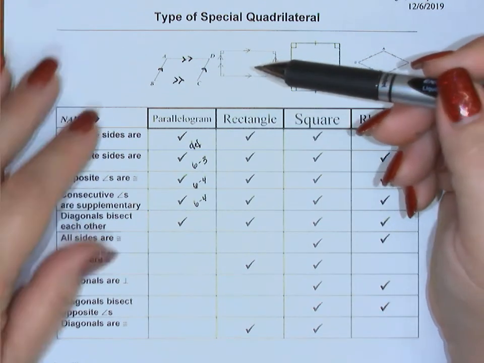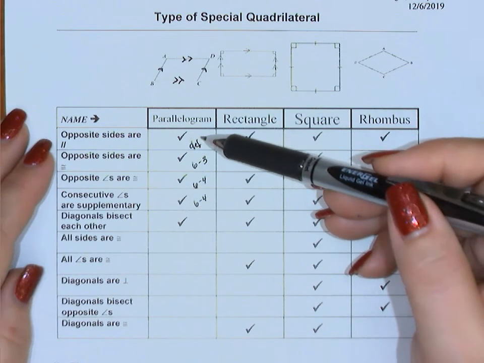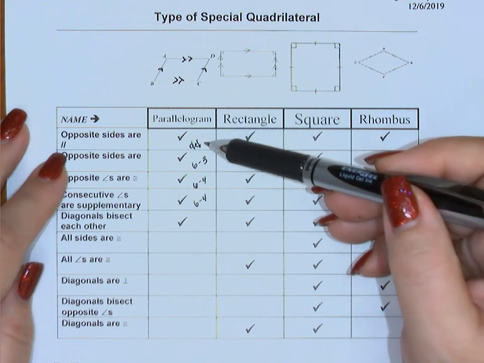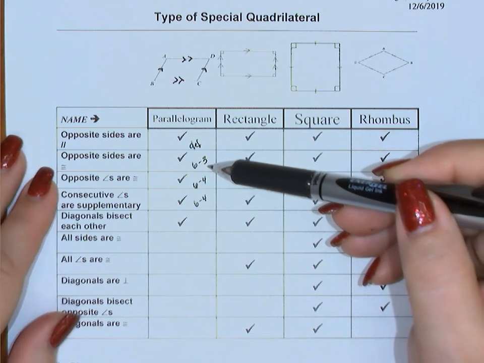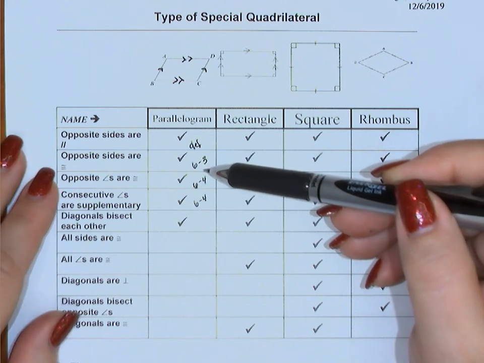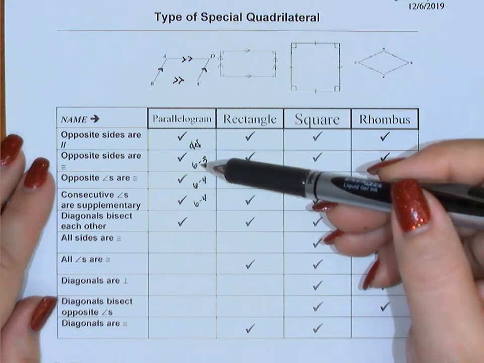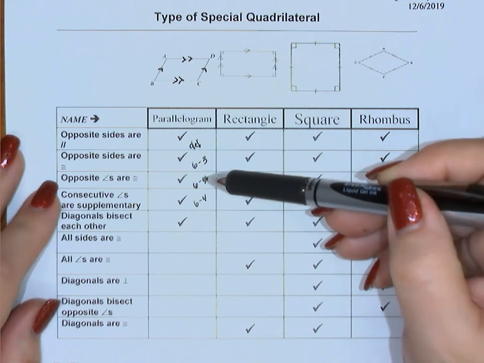As I look down here, the qualities of a parallelogram: I know its opposite sides are parallel because that's its definition. We also know that the opposite sides are congruent because that's what 6.3 told us. Theorem 6.3 said that if a quadrilateral is a parallelogram, then opposite sides are congruent. 6.4 said that if a quadrilateral is a parallelogram, then its opposite